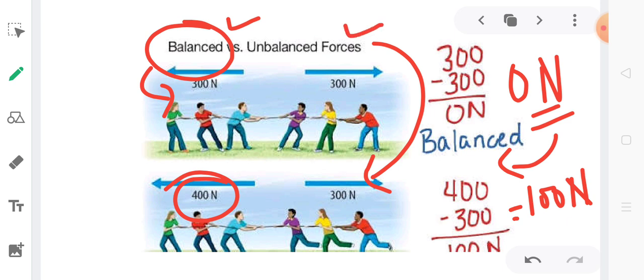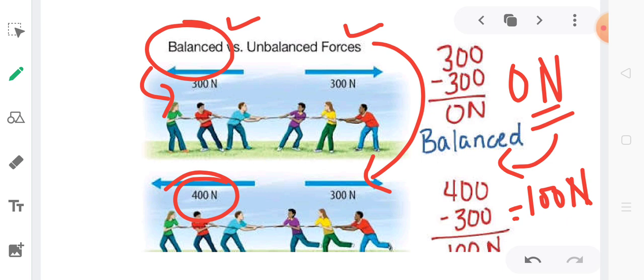Balanced forces can never change the state of an object, but they can change the shape or size. Unbalanced force can produce any type of effect on an object. Remember, forces may produce a change in state, shape, size, speed, direction of an object. It is not necessary that they will always produce a change. They always tend to produce a change in the state, speed, direction, shape and size of an object.